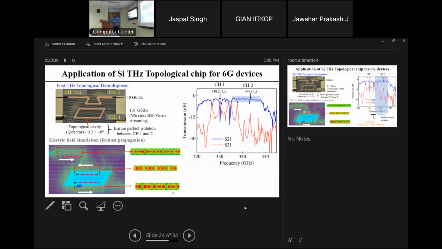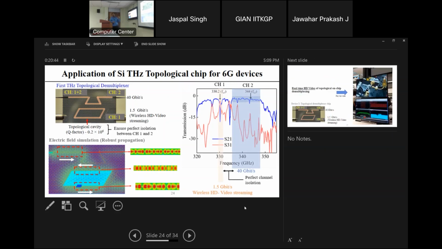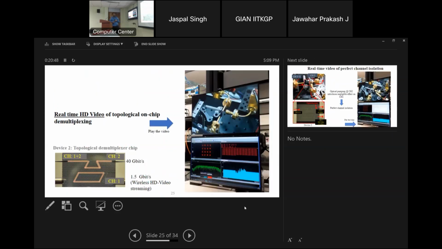And indeed, we saw that yes. Here the bandwidths are higher. We are able to show 40 Gbps of data transport from this channel, and the high definition video from this channel, because the bandwidth here was very limited. To showcase that these things are indeed happening,